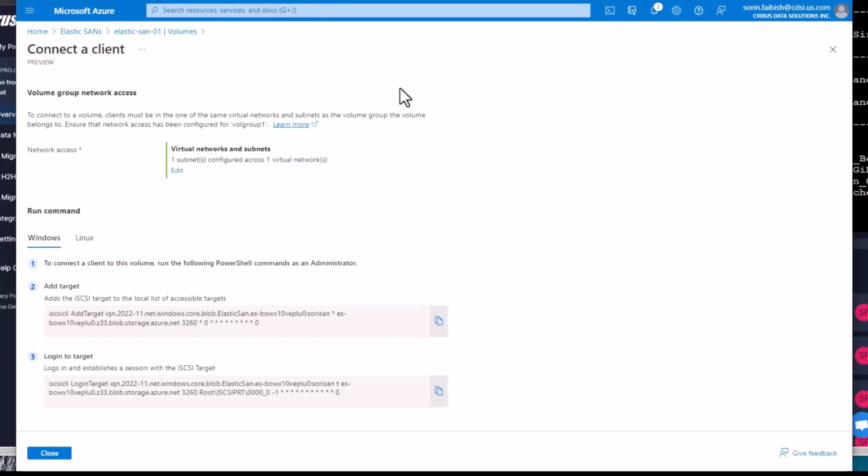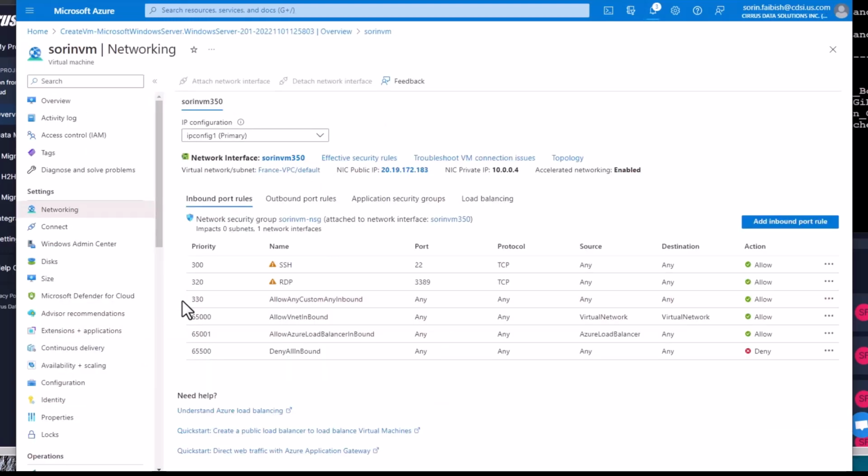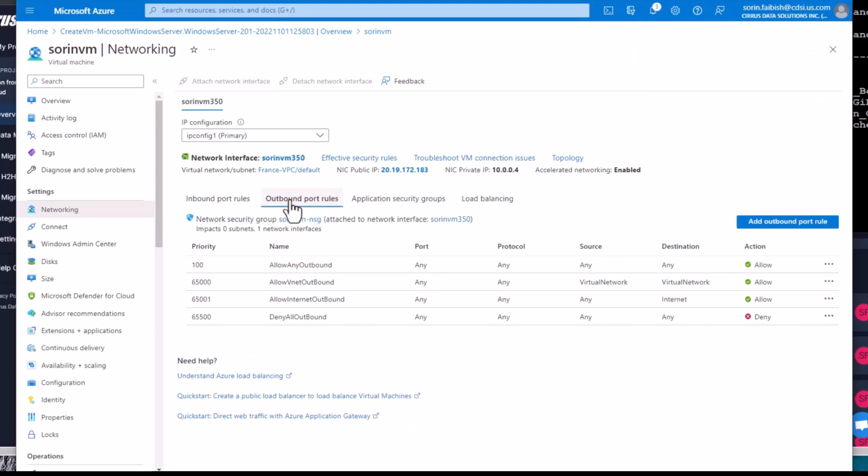From the portal, get the PowerShell iSCSI commands to add the iSCSI target, and then log into it in the remote desktop window. Before connecting to the VM, we'll open all the inbound and outbound ports to send and receive data to and from the VM. This is needed in order to be ready to migrate user block data databases from on-premises to the Azure Cloud